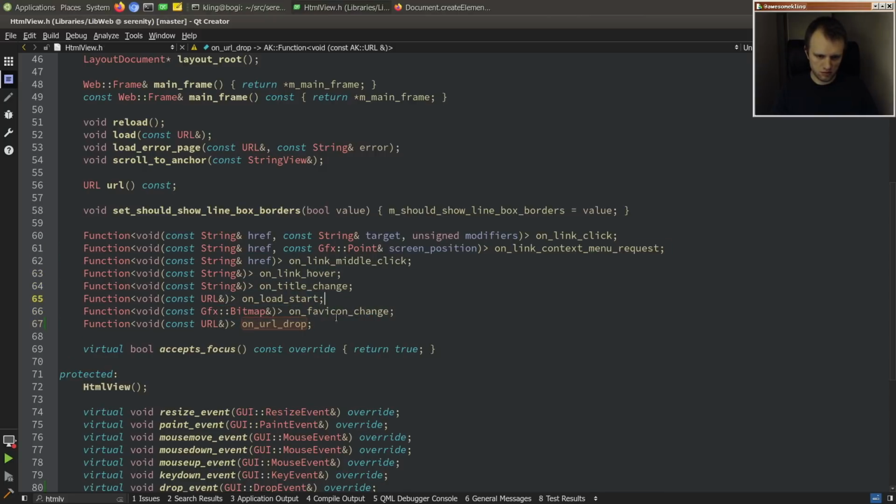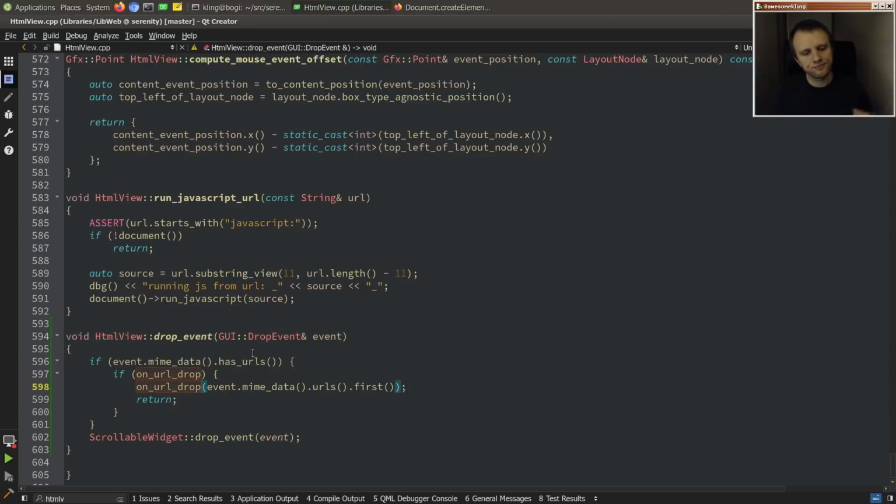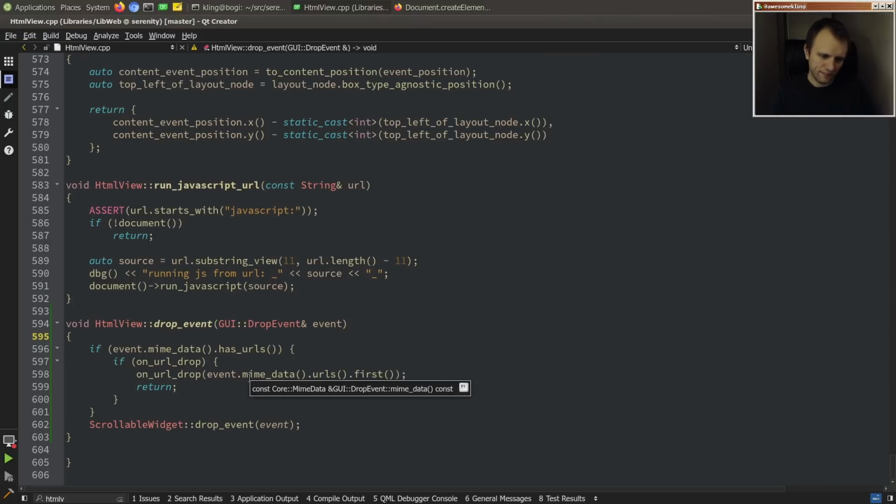Because the way that we sort of name these, they're not like past tense, right? It's like on URL drop, like when it happens, on hover, on change, on click, on start, on drop. I don't know why they ended up that way. I just started doing it that way at some point, and then it stuck, but I kind of like it. On URL drop. Because it kind of makes sense to me, right? Because it's synchronous, so it's on the URL drop. That's when you do the thing, not when it dropped, but right when it drops. Anyway,